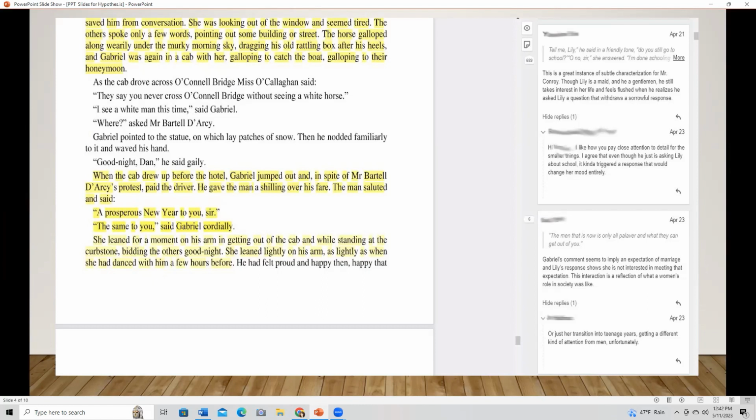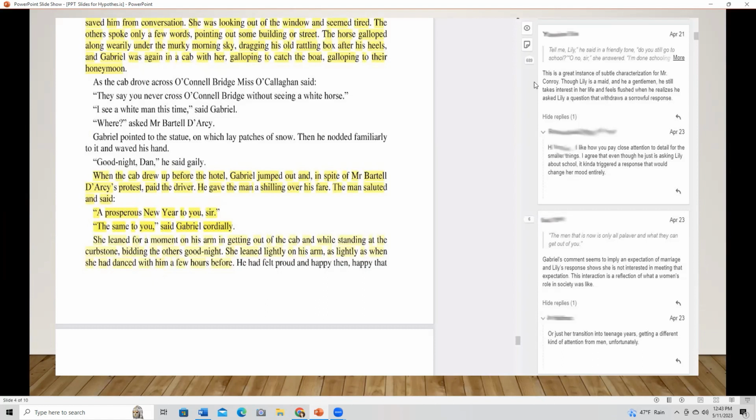This one was a PDF, and I had to run it through a program called OCR, and we'll show you what that looks like. It takes about that long to do. It's really pretty quick, unless you've got hundreds and hundreds of pages. What it does is it prepares the document for highlighting. If it's not ready for highlighting, students are not going to be able to annotate. It won't work. So you really have to run it through this program. But again, you can see students are making comments, not just on the text, but with each other.